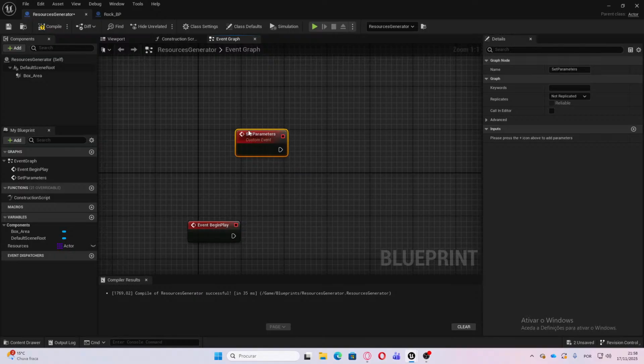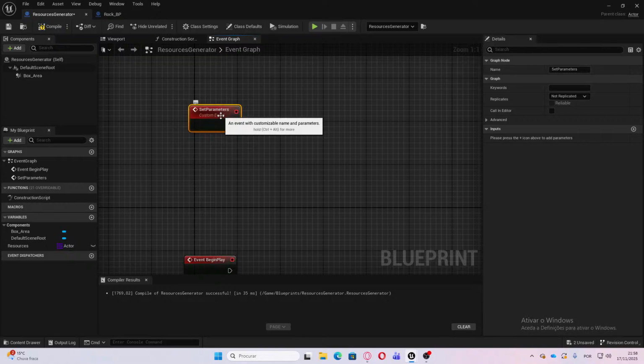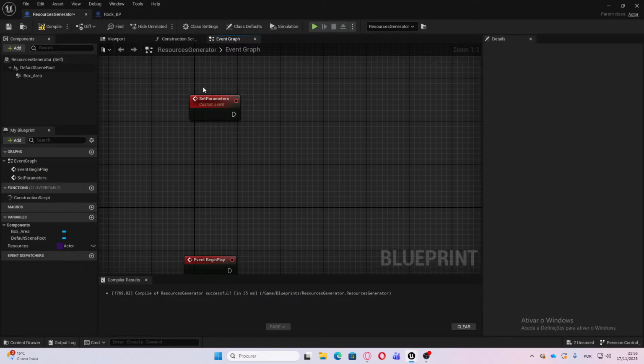Yeah, this should be good. Set parameters, and then what we want to do is let's think a bit. So if I want to create here